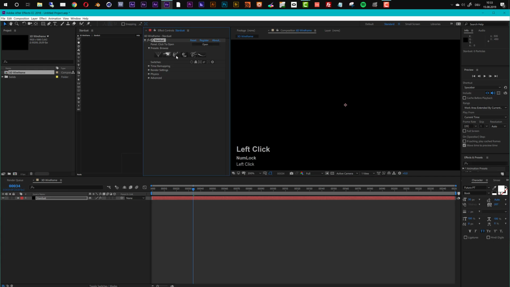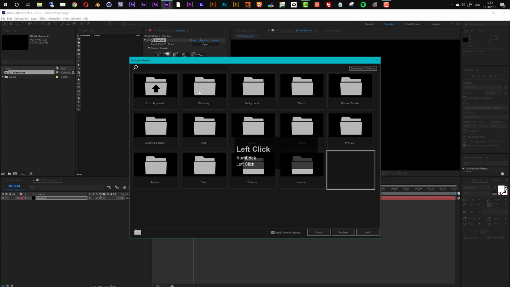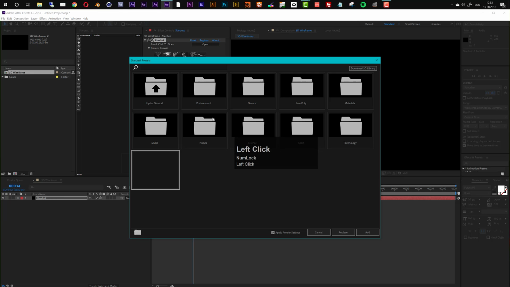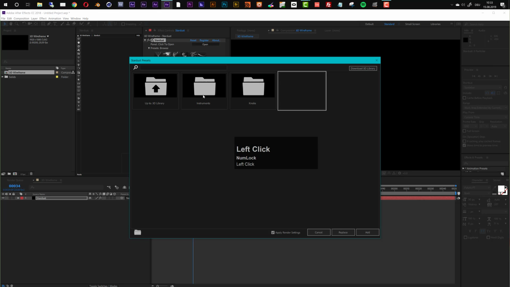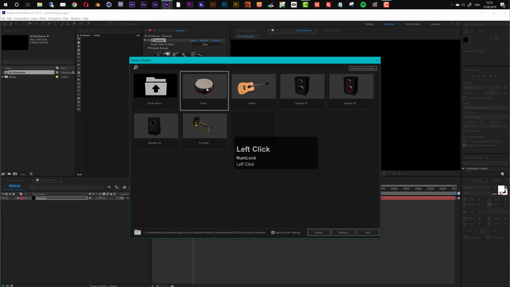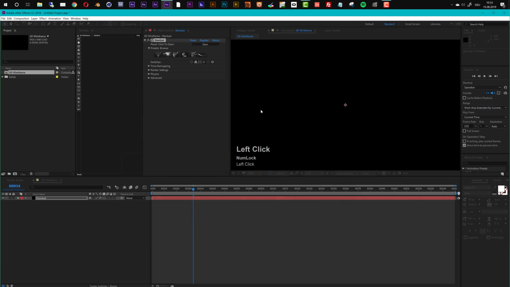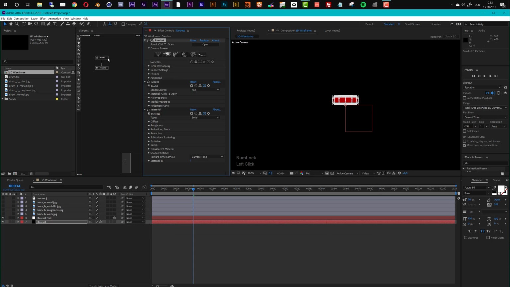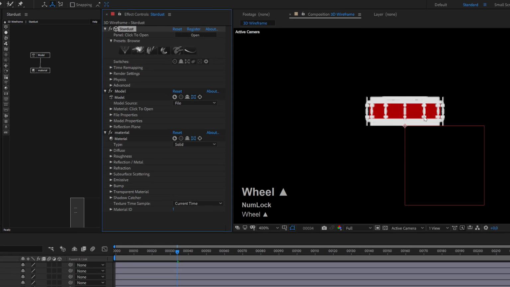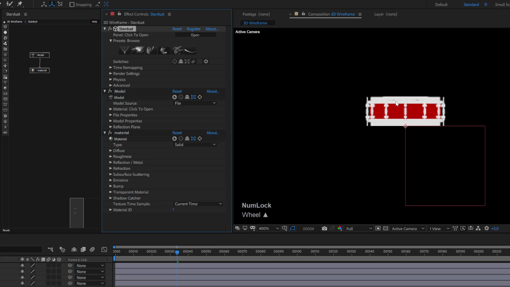And to do that, we go to the library by pressing the preset browser here, these icons here on top. And in the 3D library, we have some music instruments, and I want to use this drum. Let me mention that the 3D library ships with the full version of Stardust, so you won't find it in the trial version. Okay, so now you see we have this drum model here, right in the center of our